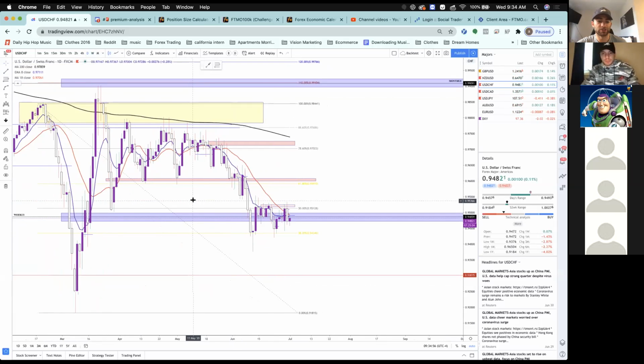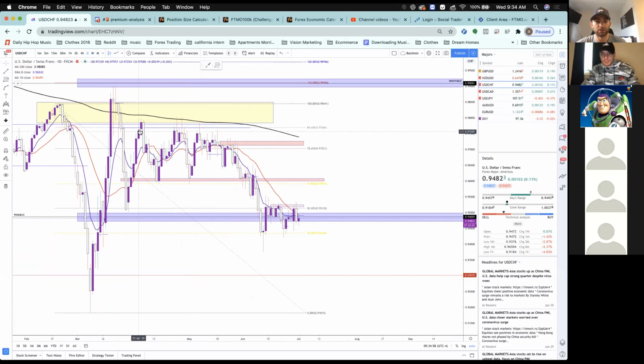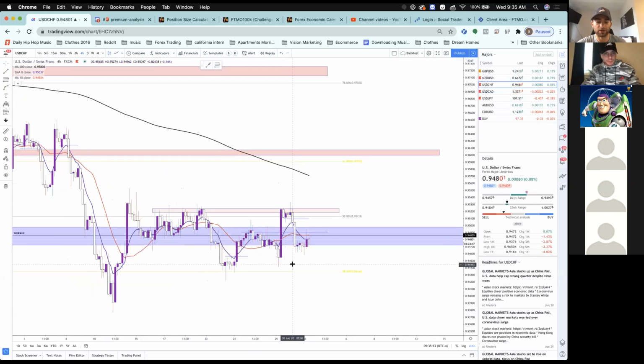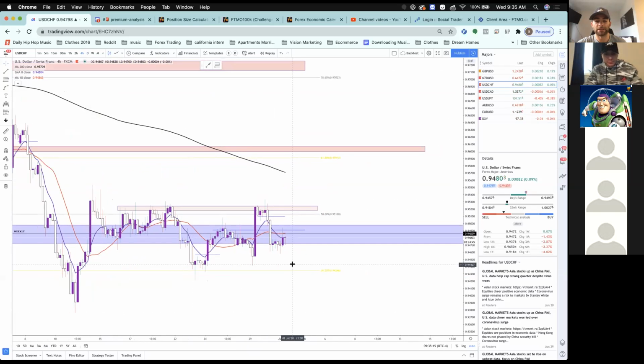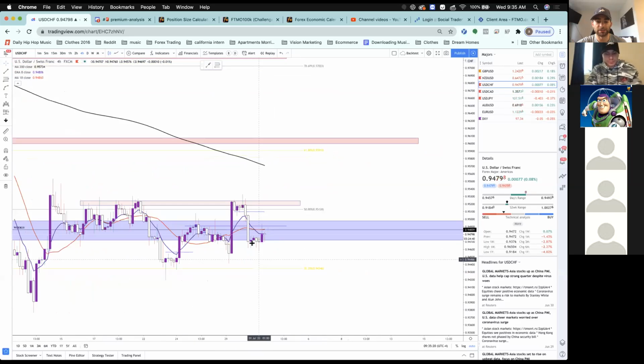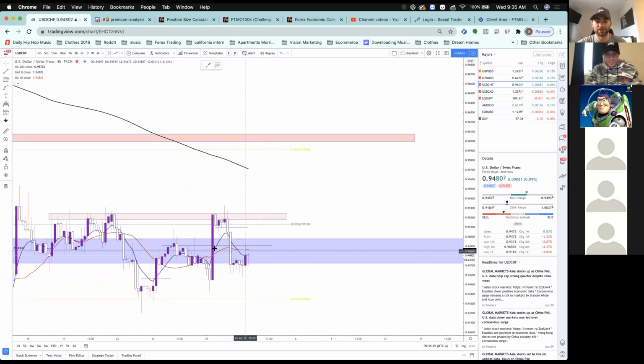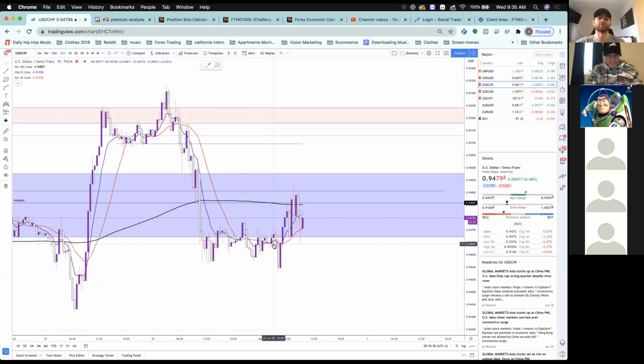Let's identify structure again. We got this low, lower high here from these moving averages crossing, pulls back, forms another lower high, pulls back, forms another lower high. Now we're at this low, and we're retesting this weekly support level. As I come down to the 4-hour, I personally want to get long on this, if it presents itself. I see a break on the 4-hour, break above here. Now we're retesting the first potential higher low. And again, we're in this very significant area of structure.